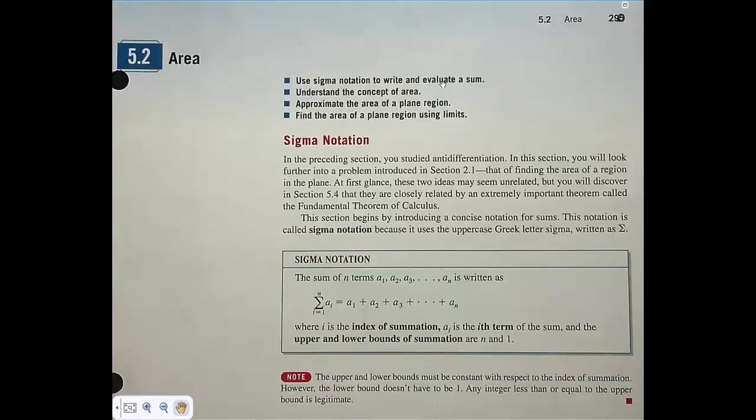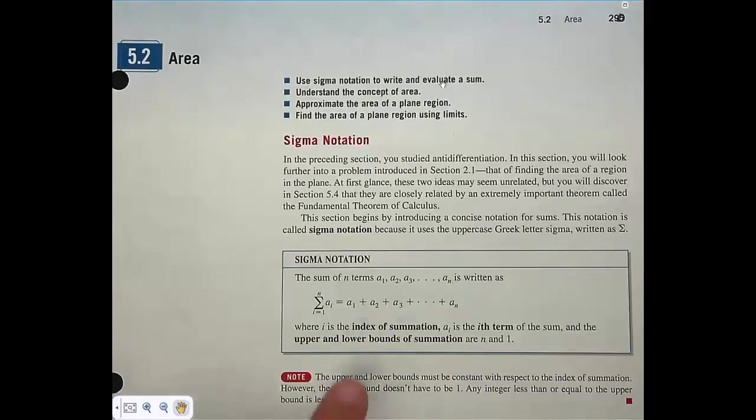Do you remember that when we first talked about the derivative, you had homework where you had to find the derivative of a function using the definition of a derivative? And it was kind of painful. The limit as h goes to 0 of f of x plus h minus f of x over h. Got it. That's kind of what today's homework is. Today you're going to learn to do something maybe a little painful so that you can truly appreciate what a definite integral is tomorrow. Today we're dealing with area,